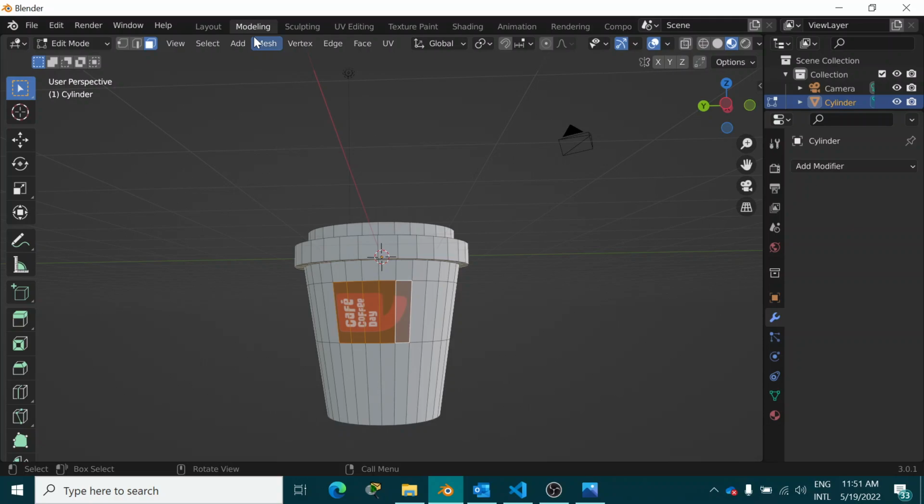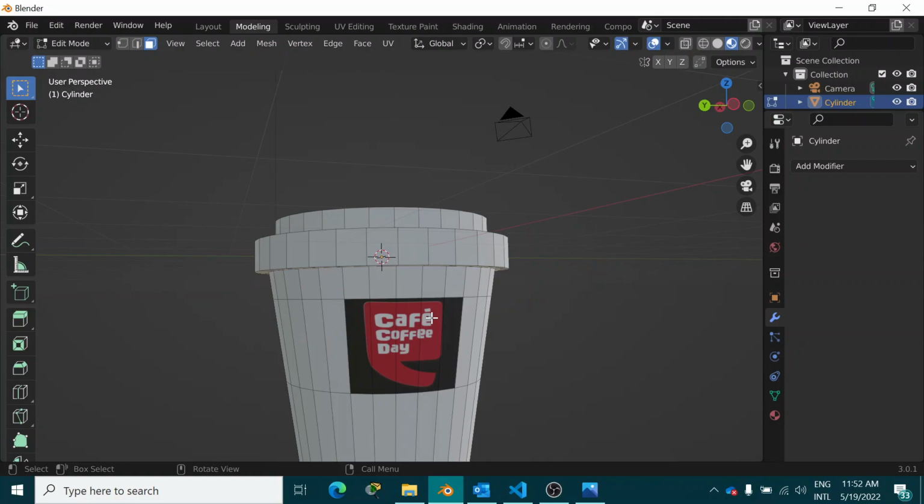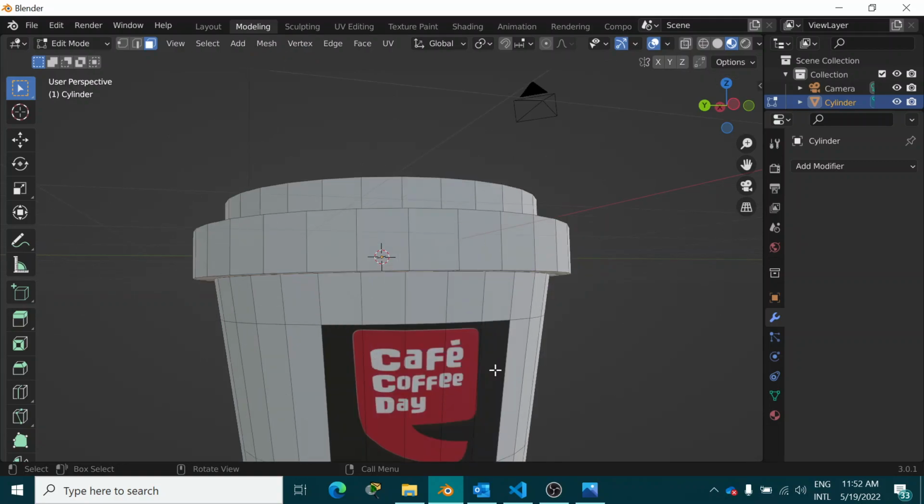I think it would look better if the image was transparent. I think I didn't download a transparent image, but when you do it, download a